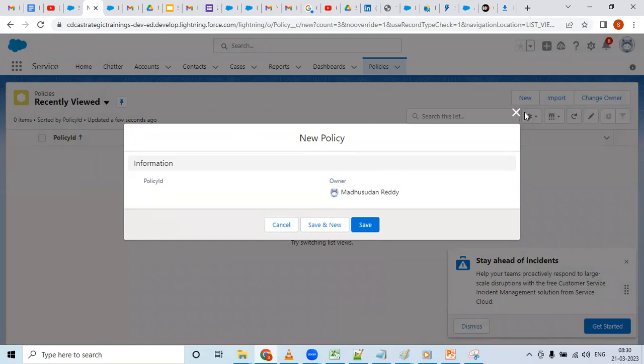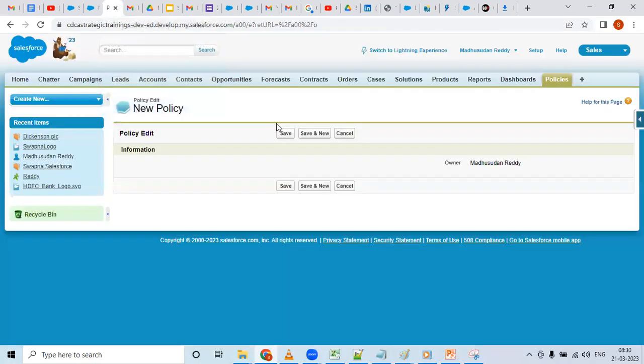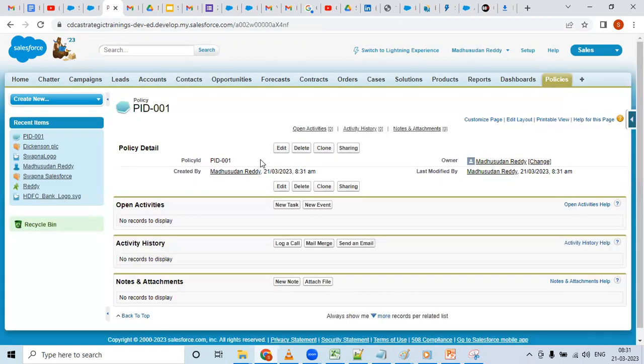Now I will create this record. How will you create this record? Click on save. Yes. So what will happen immediately? Policy ID auto generates. It generated the policy ID. See,